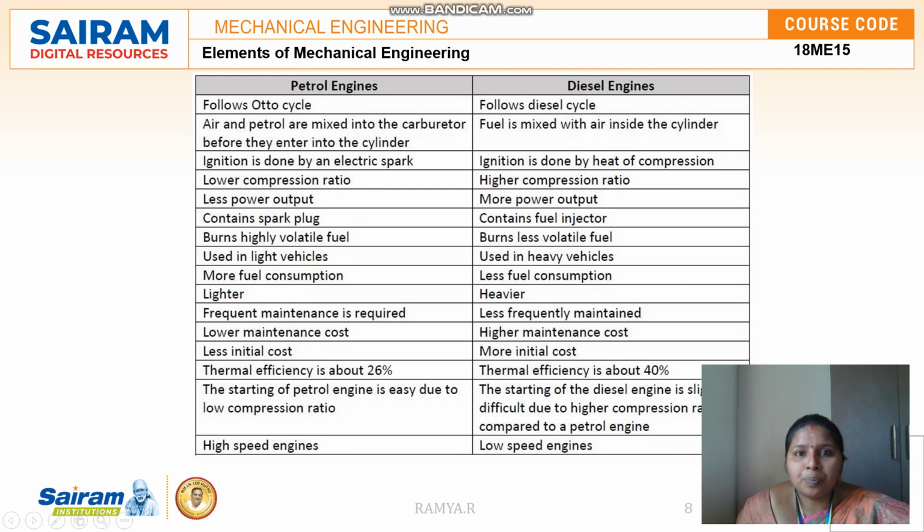Initial cost is low for a petrol engine, but the initial cost is high for a diesel engine. Thermal efficiency is about 26% in a petrol engine, and thermal efficiency is about 40% in a diesel engine. The starting of a petrol engine is easy due to the low compression ratio, but during cold time, in the winter season, the starting of a diesel engine is a little slow. And it is a high speed engine. Petrol engine is a high speed